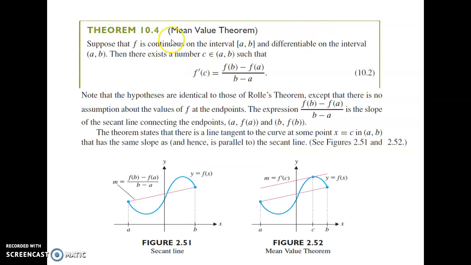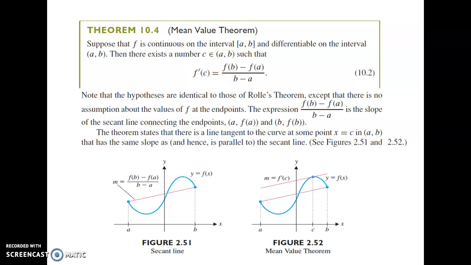Similarly, let's see the mean value theorem, the second theorem. Suppose that f is continuous on the closed interval and differentiable on the open interval. Then there exists a number c in the open interval such that f prime c is equal to this. You see that? What does this mean? This is the slope of the tangent line at x equal to c. What is this? This is the slope of the secant line